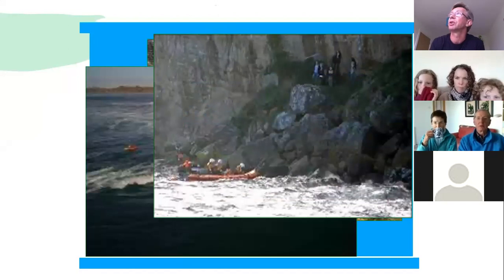For instance, if we want to go rock pooling, there's no point in doing it at high tide, but if we have a low tide, then we can go and explore those rock pools, and we might be able to access areas of the coast that we wouldn't otherwise be able to. But tides can cause problems as well, for instance people getting cut off by the tide, maybe not knowing how it works and how it might affect us.